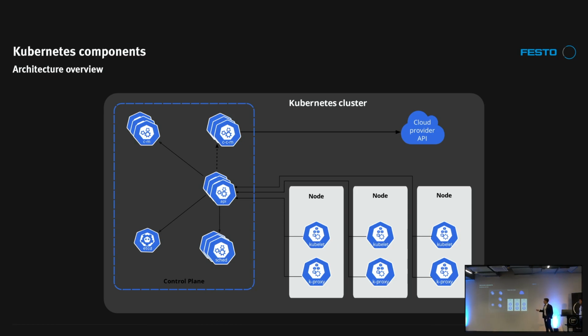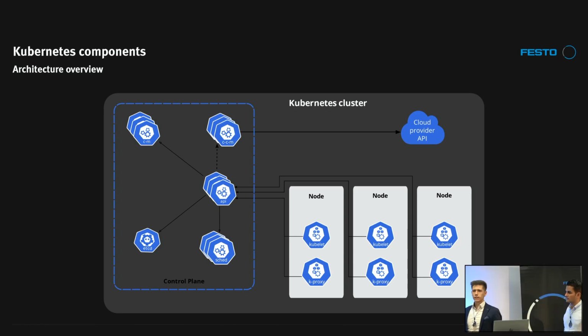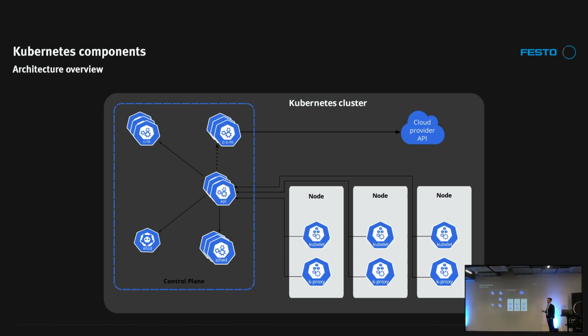And last but not least, on the control plane, we have also a cloud provider controller. So that is an optional component which you have to use when you go into the cloud and use some managed Kubernetes services. It's also very important that you can communicate to the cloud provider API from within Kubernetes. So for example, you have some ingresses or some services from type load balancer. You can then from your cluster deploy an AWS or Azure Load Balancer, for instance, directly from your Kubernetes configuration.